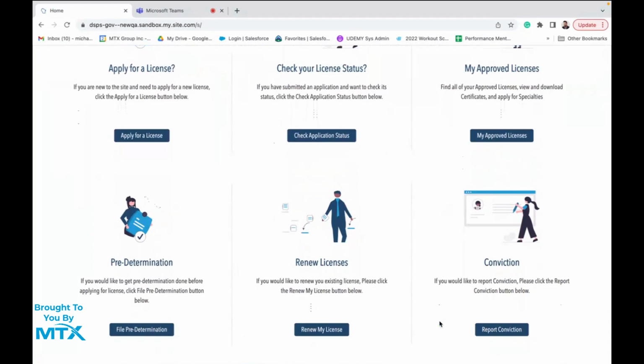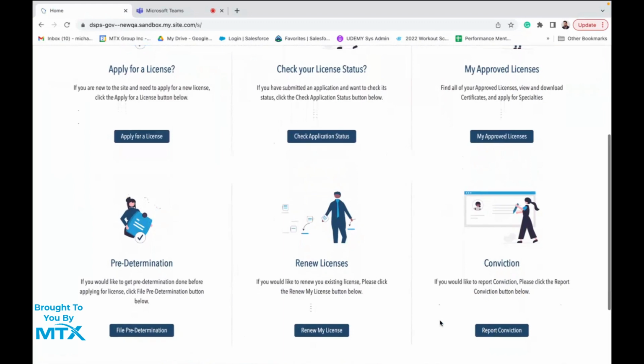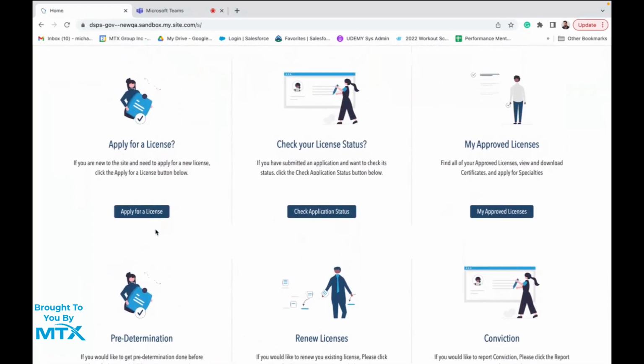So possibly part of the application process, let's say I was applying for multiple licenses, I forgot to indicate that I had a conviction. Once the license is reviewed, I'll have the opportunity to report that conviction and pay my $8 fee. So I'm going to scroll back up to the top left, and I'm going to go ahead and click my